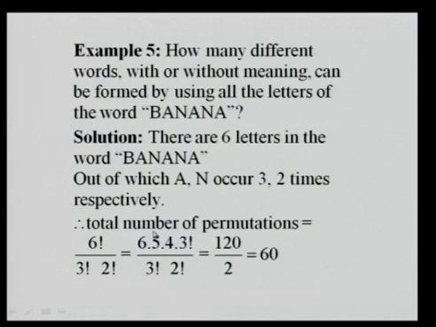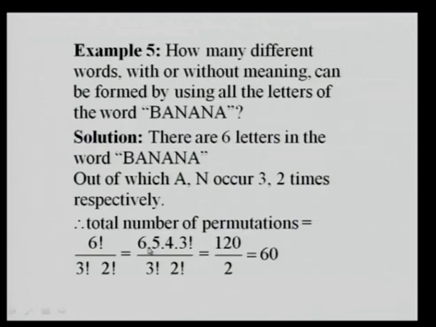So here all words are not distinct. So total number of words is 6. Here, if we compare with the previous formula, value of n is 6, and value of p1 is 3, because there are 3 A's, means 3 things are of one kind, and there are 2 N's, so there are 2 things of second kind, so we have to divide by factorial 3 into factorial 2, and after simplification